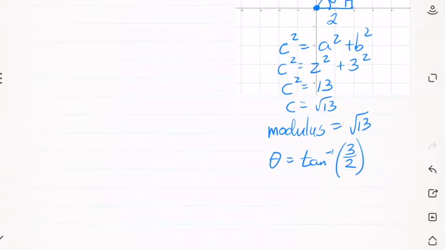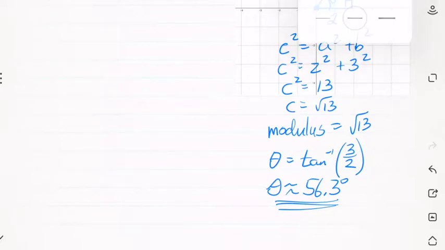So the theta is approximately 56.3 degrees. And I know this is the right answer because it is in the first quadrant, and tan inverse works in the first and the fourth. So we can say as a polar form of this number 2 plus 3i, we can represent it with a